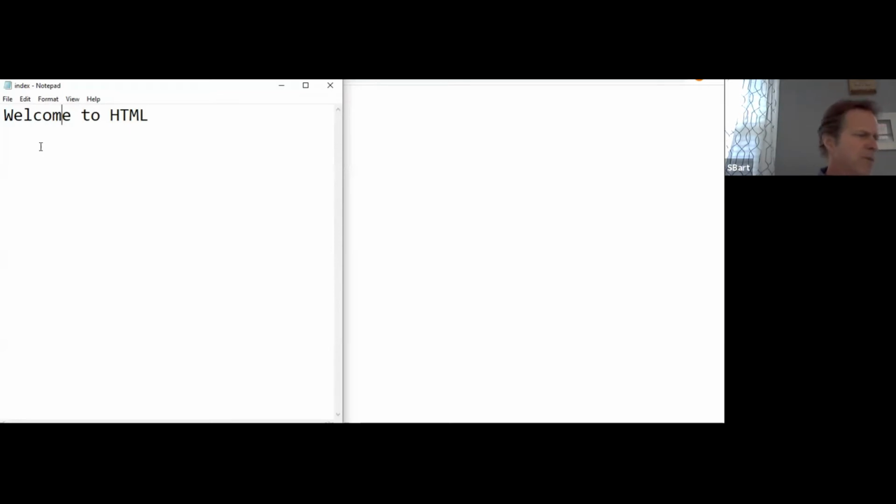The first tag is called Doctype, and it tells the browser what type of document this is going to be, and in this case, it's going to be an HTML file. So I enter a less than sign, and then an exclamation point, and then capital DOCTYPE,